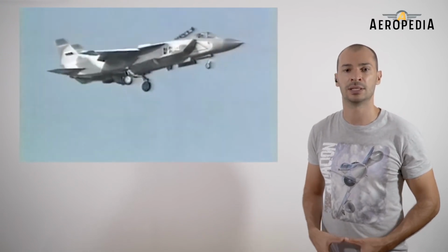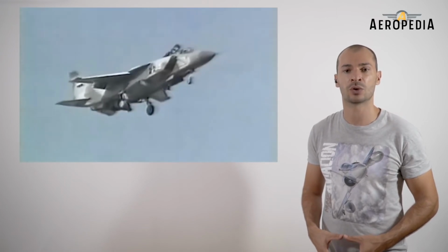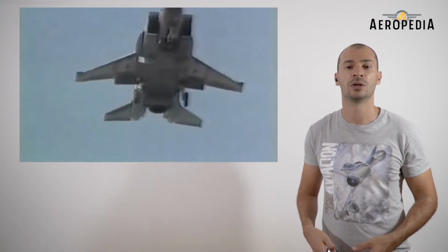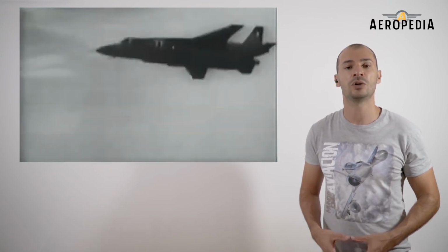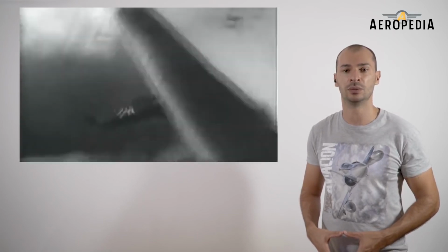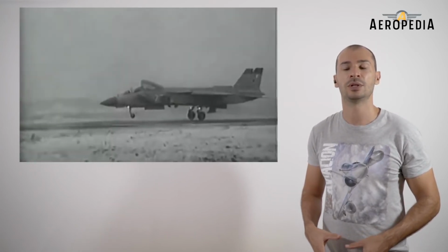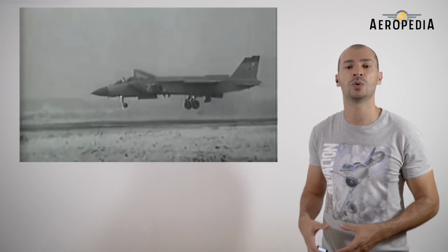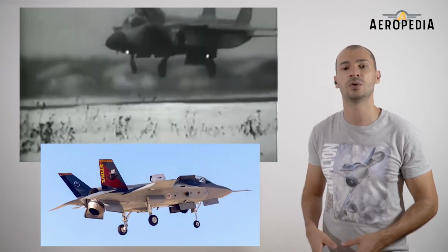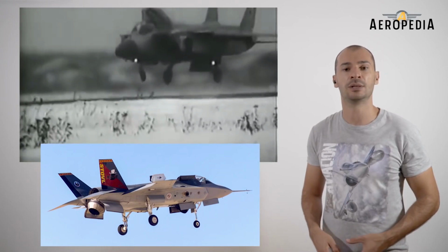Lockheed Corporation from the United States, which was in the process of developing the X-35 for the Joint Strike Fighter program, acquired production rights of the advanced Yak-141's blueprints, and its original flight system is the basis for the development of the new vertical takeoff fighters of the US Navy. The X-35B, which won the Joint Strike Fighter program contest,